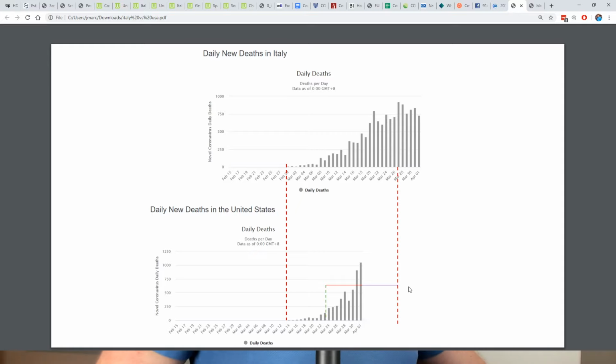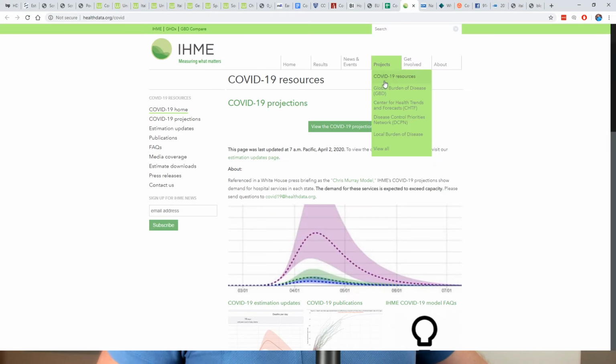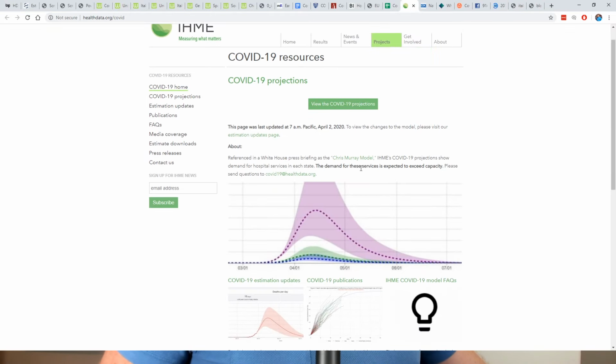So then we're looking at April 9th, April 10th, April 11th in that area is when I think we'll be at the top of the bell curve. April 9th through 11th, okay? That's when I think we're at the top of the bell curve. Now let's go compare. This guy here, Richard or Chris Murray, thinks it's going to be April 14th.